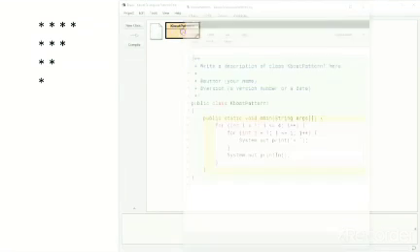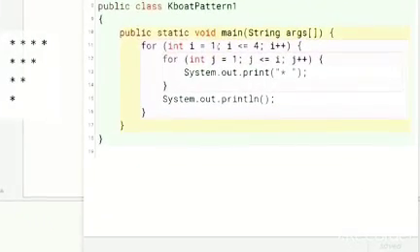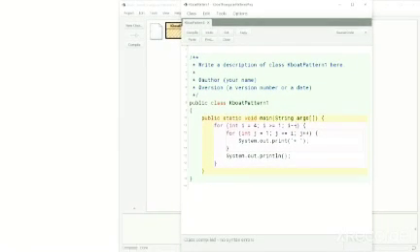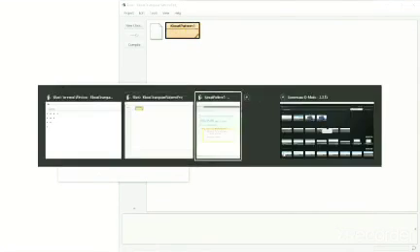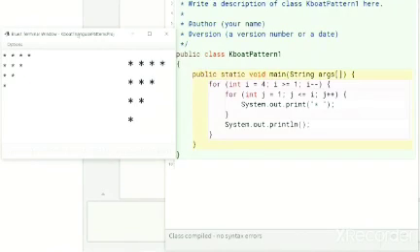I will go back to the previous program and change the outer loop accordingly. Now the outer loop control variable i should start from 4. i should be greater than or equal to 1, and as we are going from a higher value to a lower value, it should decrease like this. No changes are required in the inner loop or the 2 println statements. Let's run the program now and see if it gives us the correct output. We got the correct output.